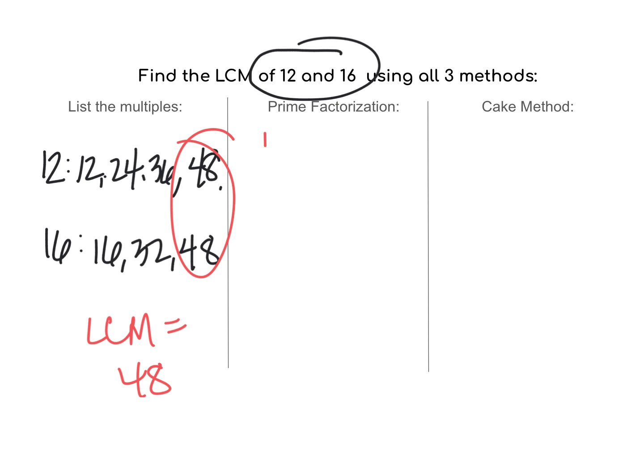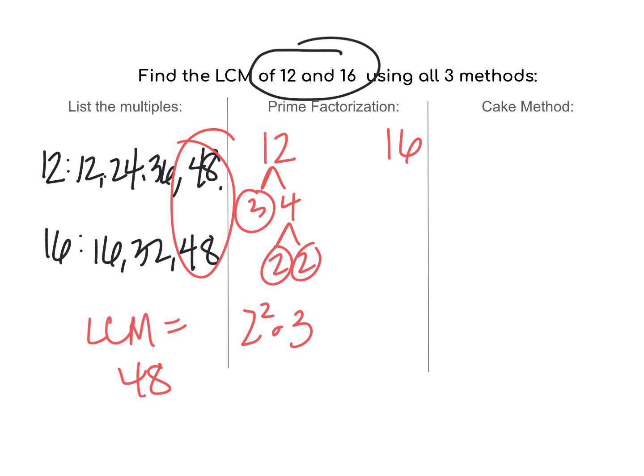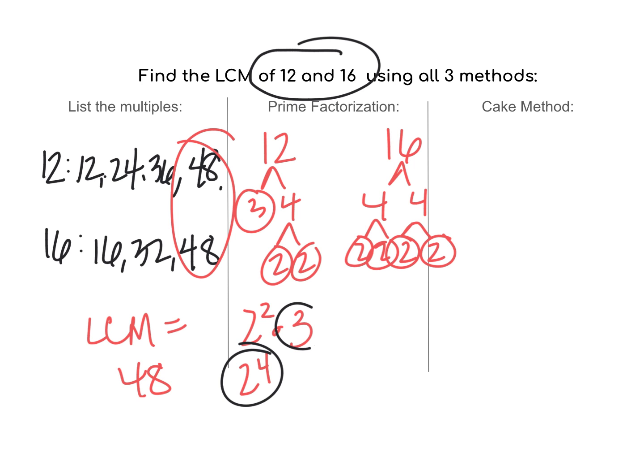Prime factorization, 12 and 16. So I can do 3 and 4, and then 2 and 2. So 2 squared times 3. And then 16 is 4 and 4. We already know that the prime factorization of 16 is 2 to the 4th. 2 to the 4th is bigger than 2 squared, so I'm going to pull out 2 to the 4th, and then I'm also going to pull out this 3. So 2 to the 4th is 16, times 3